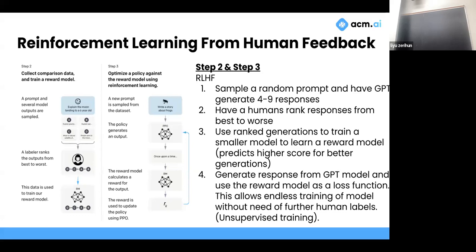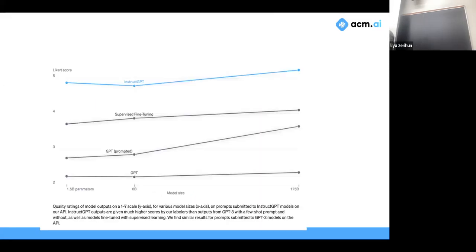So you get a model. This is a separate model. This is like maybe a 1.5 billion parameter GPT or some small language model to learn human preferences. Then from there, we have GPT generate a text again. I give it a prompt, we have a generated response, and then we have the reward model we just trained on human preferences evaluate, say, how good was that? And we use that as a signal, right? And this worked. This is extremely better than even supervised fine tuning.